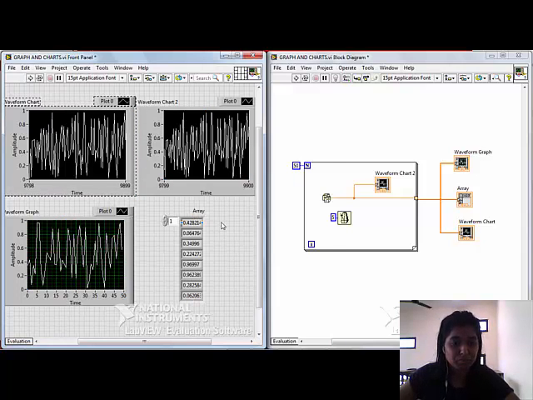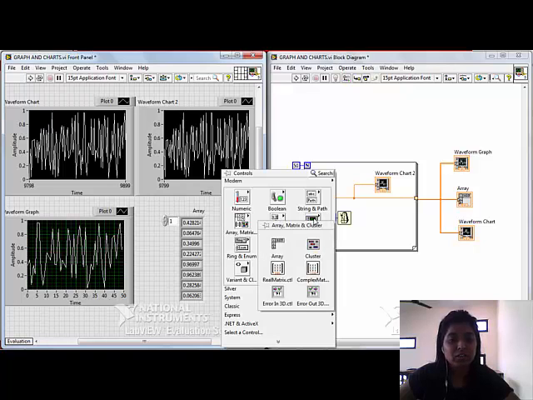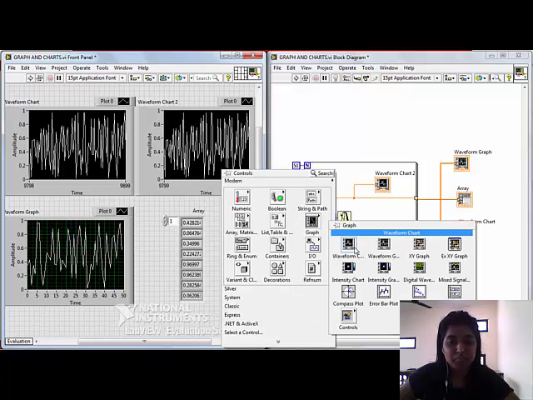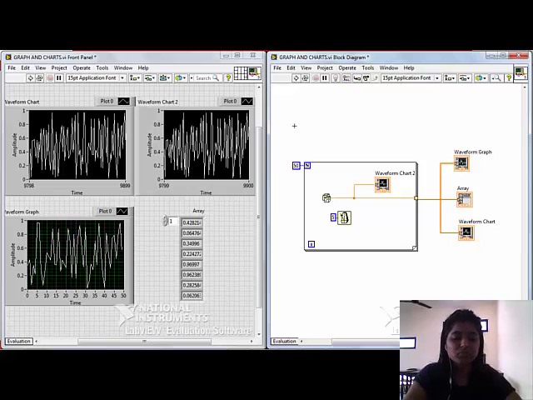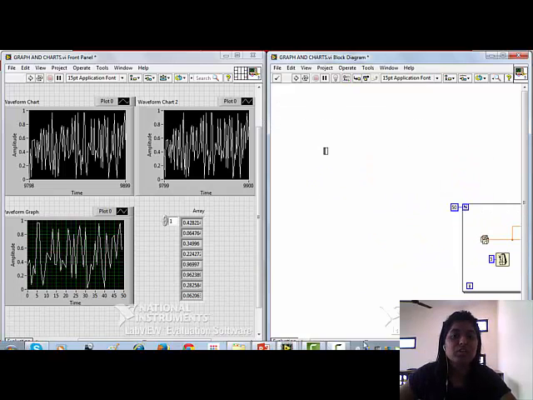For your reference, I will tell you where these waveform charts come from. In the front panel, right click, go to the graph, and you can drag and drop this waveform chart and graph. From here you can get this. Again, when you wire an array of waveform data to a waveform chart or graph, it automatically takes the values and plots the waveform. This waveform chart also provides us various functions.